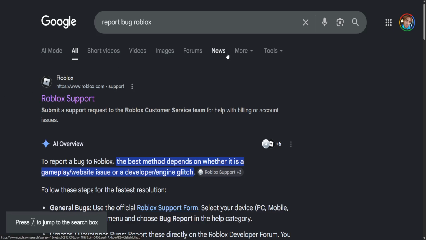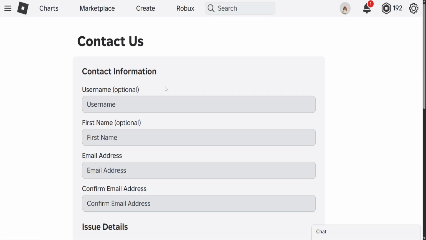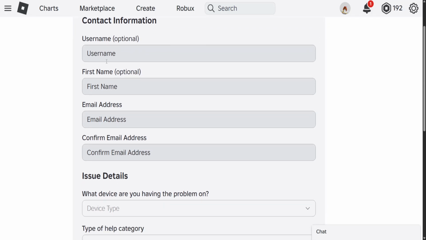How to report a bug on Roblox. Google search for report bug Roblox and you want to click on the first website that pops up. You can sign into your account or you can remain signed out, and here you will need to fill out